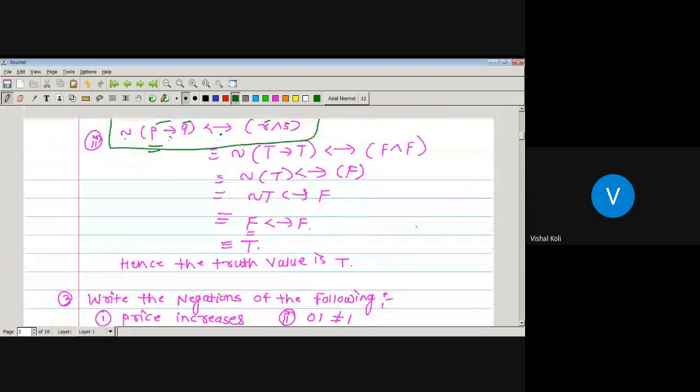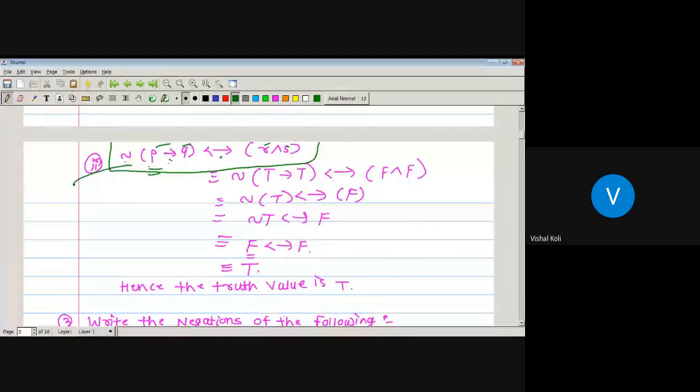For example, suppose this is a statement pattern. Then we have to find the truth values corresponding to that statement pattern. First we find P, Q, then P conditional Q, then negation of P conditional Q, and after that R and S, and finally negation of P conditional Q conditional R and S. All the truth values of these prime components form the truth table of the statement pattern. Any doubt in the definition?